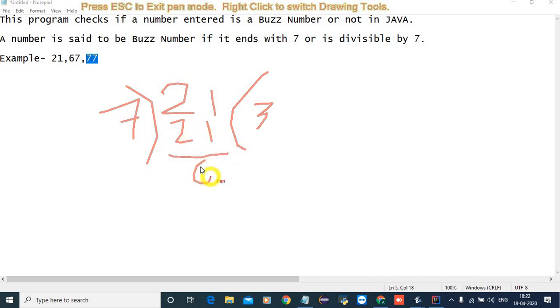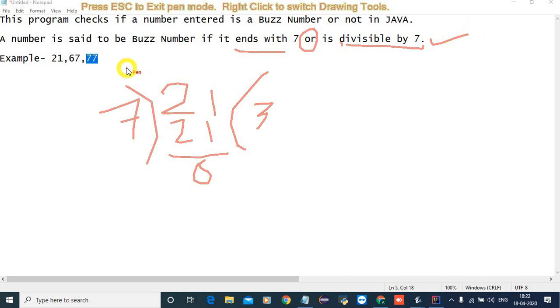Since it is an OR condition, there are two conditions, and if any one of these conditions is satisfied, you will get your desired result.